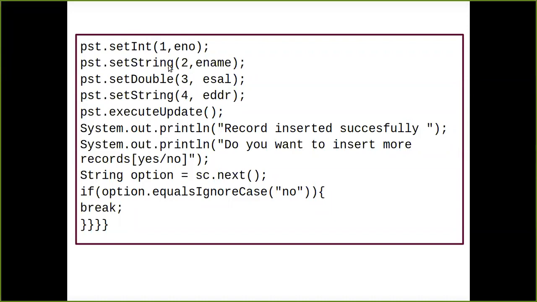Even though you have the second column name as ename, you are going to accept eAddr. So if instead of ename I am writing eAddr, what is going to happen is the address is going to come into your second column and your ename is going to come into your fourth column. So now, successfully, we have inserted the values into the table.